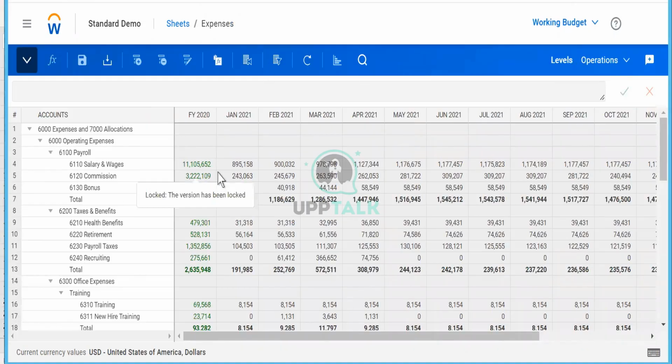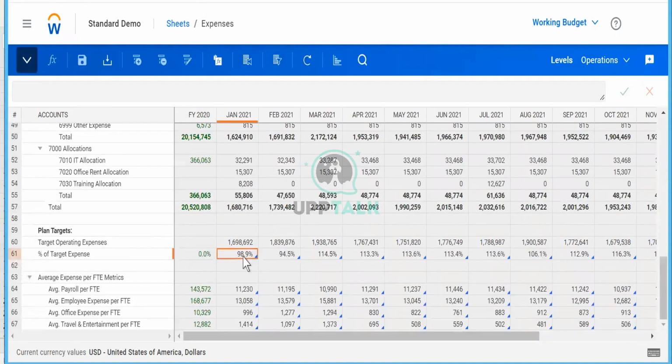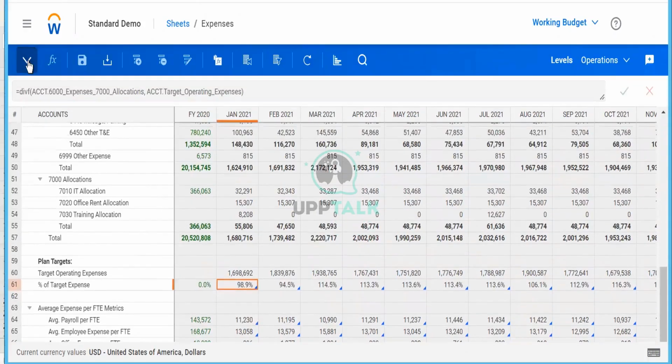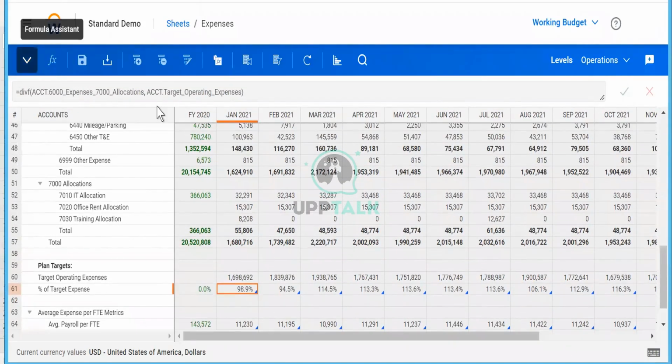Let's try to explore what are the other features here. First, we will start with the blue context menu, the standard sheet. This is the formula bar. If I just select one account, you can see this formula bar is highlighted, showing what formula is used and what the account is. If you hide it, it is not visible. This is nothing but your formula assistant. You can write formulas directly, like in an Excel file.